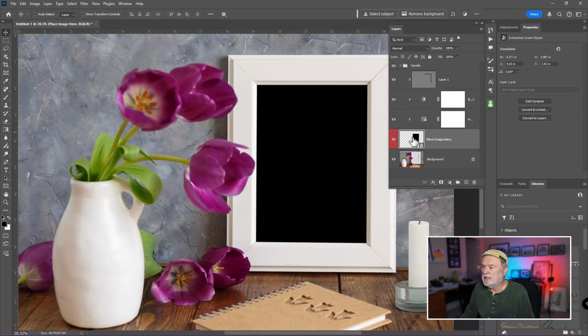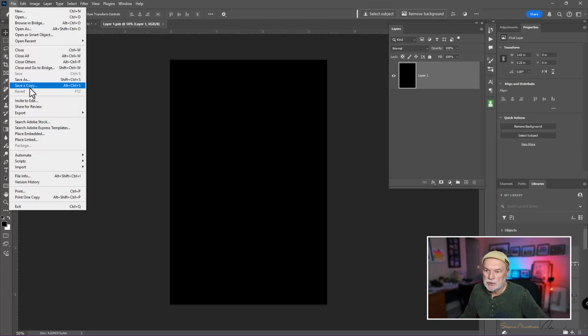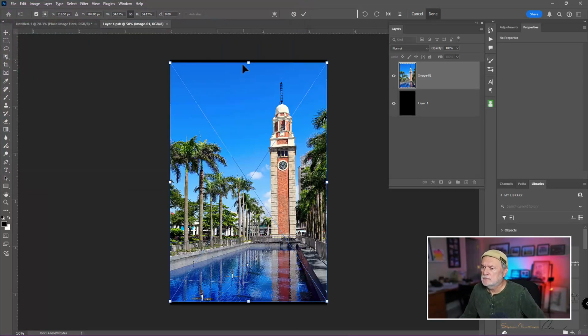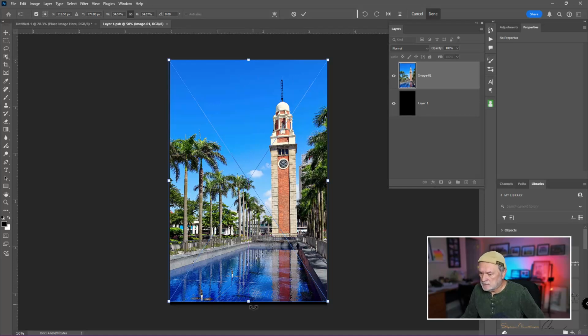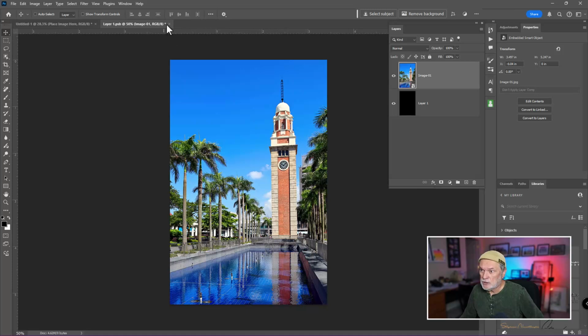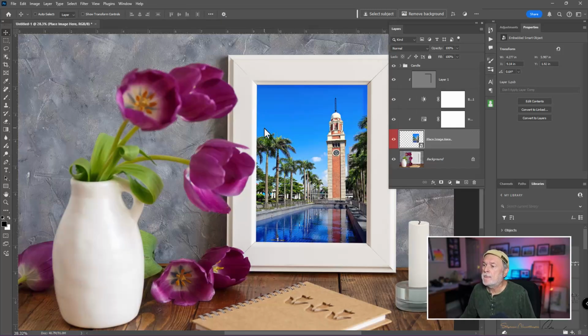You double click, and let me do a different image. Let me come down to, again, place embedded. Let's use a vertical image. Let's make that fit by resizing it. Enter on the keyboard. Close out of that. That tab right there, yes, let's update that. And there we go. Now that I have that there, and if I take a look at this image, along